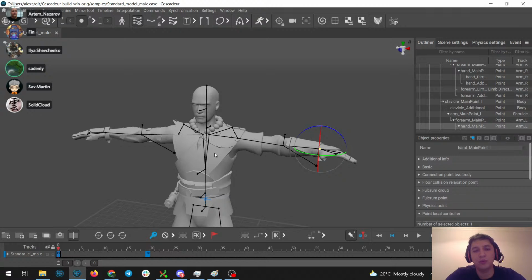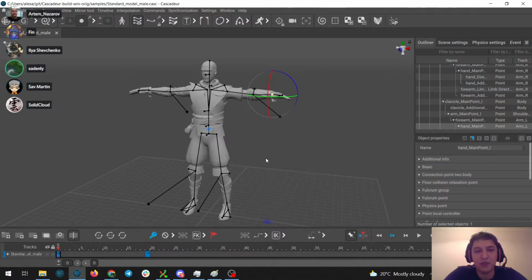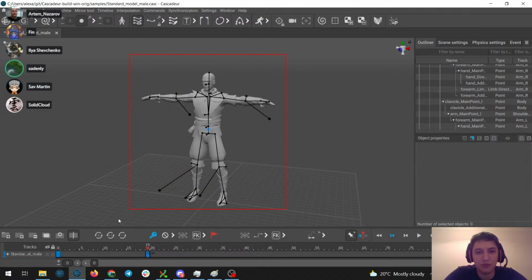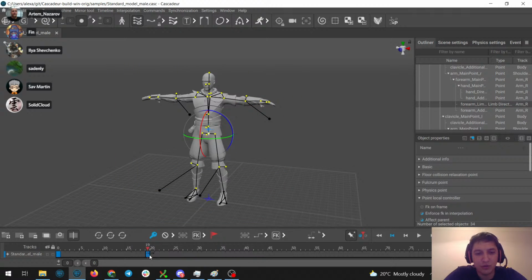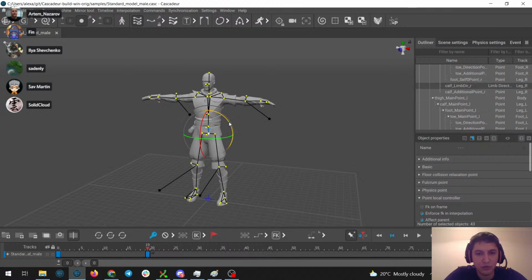But if we use global positions for all the points, then they will start to squish. For example, let me rotate the character,